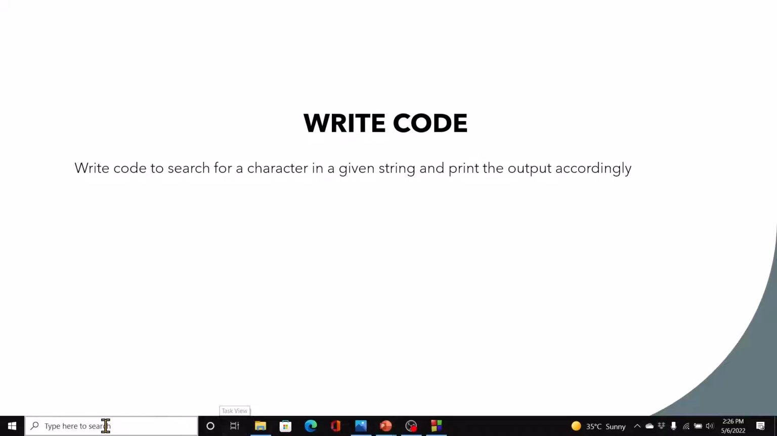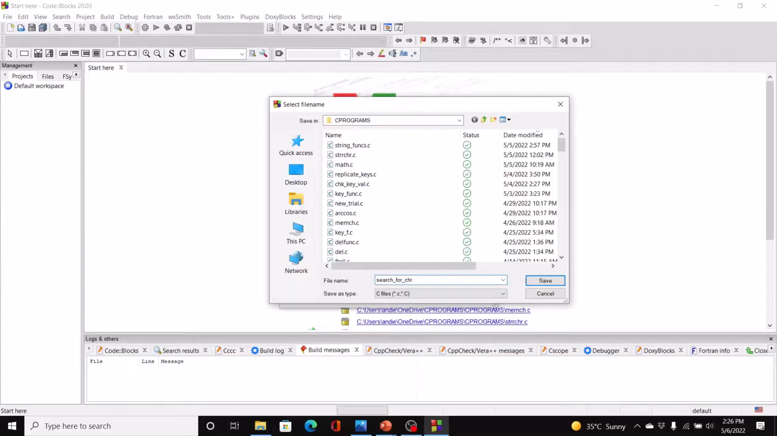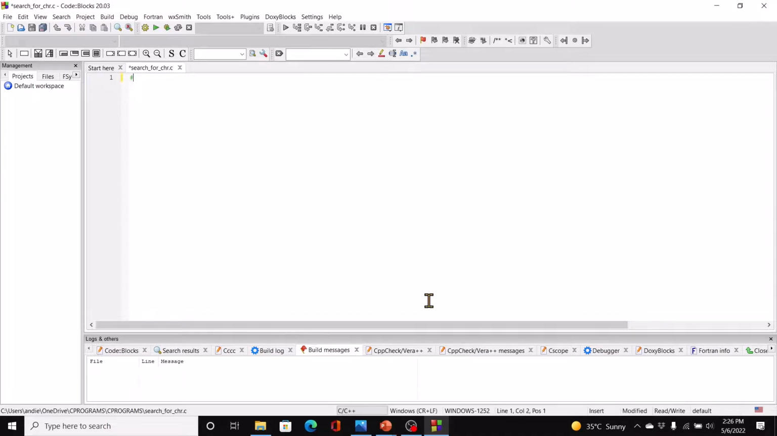So let's now go to Code::Blocks and we will start a new file. Hashtag include stdio.h and then hashtag include stdlib.h and then hashtag include string.h. Remember, this function is defined in the header file string.h. Int main, and we'll have const char str1, and that will be equal to,